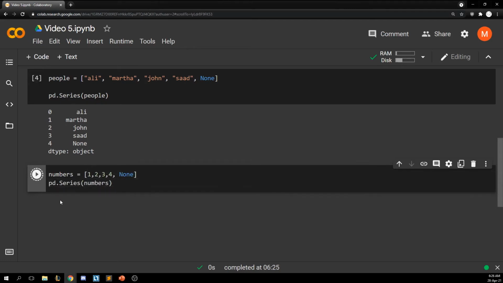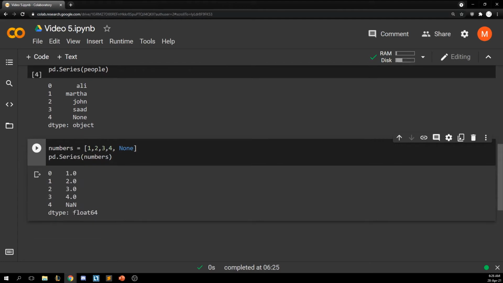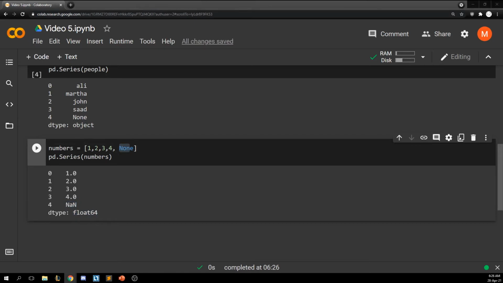And if I run this, we can see that the dtype is first of all float64. And then if you notice, the value NaN is different from None. Okay, so let's clear some things up a little bit. First of all, the reason why the dtype of this series is float and not int or object is that pandas treats NaN as a floating point value, and because of that pandas converts all the integers to floating point